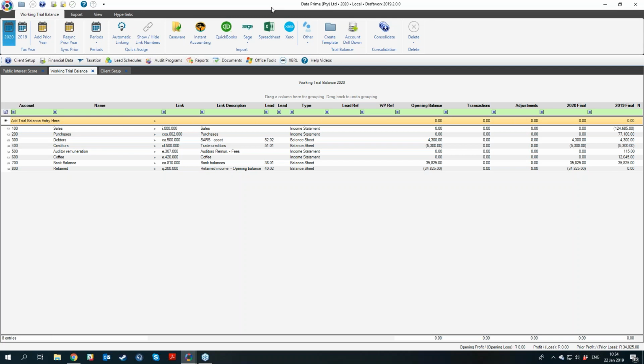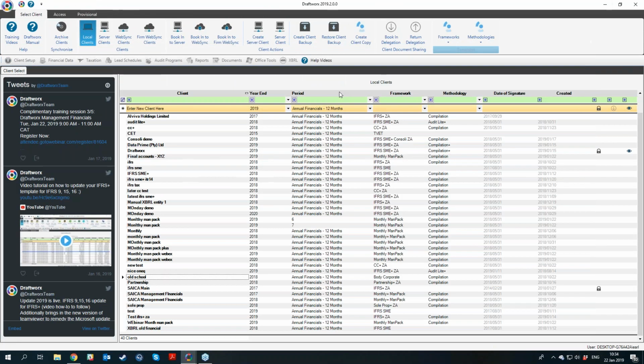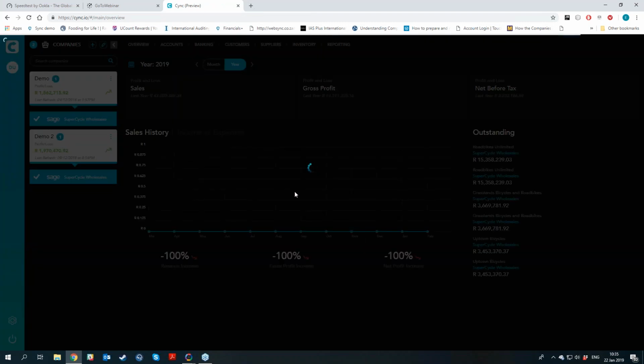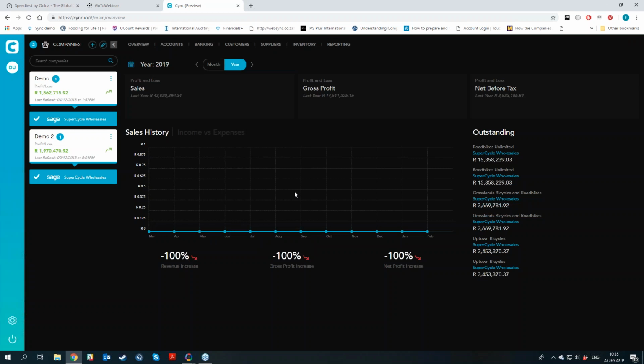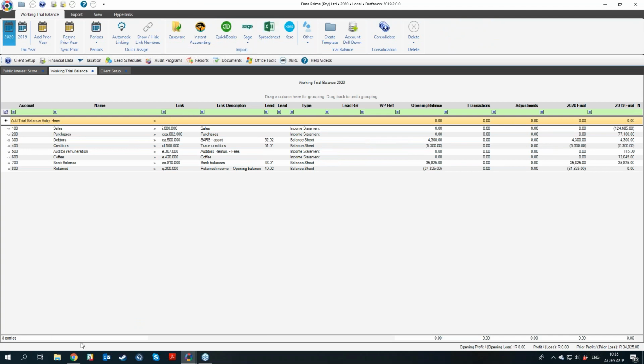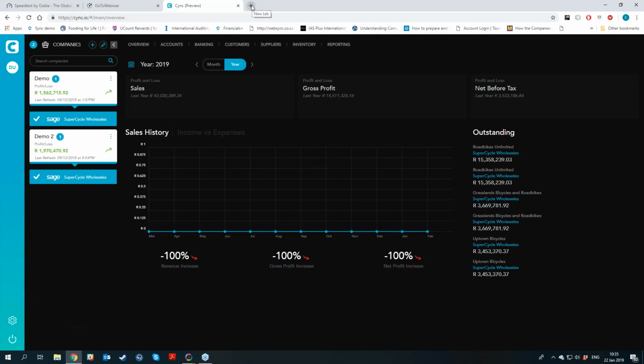So the biggest problem is access to all of these different platforms, and we wanted to make this very easy for our clients. That's where Sync was born. We'll jump into a quick little demo here. It isn't in full release yet. That is coming probably March. On Draftworx, you'll see that these imports will be replaced with Sync. On Draftworx Cloud,